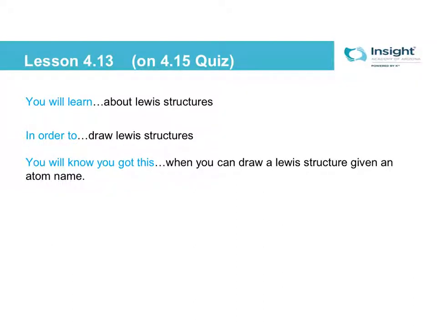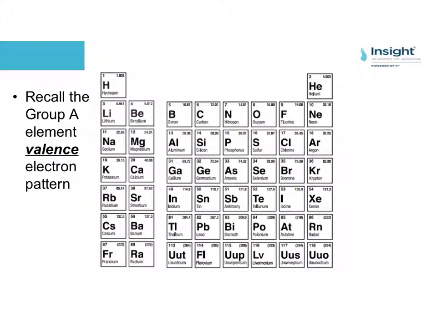All right, so in relation to covalent bonds, the course does take you through Lewis structures. These really are not bad at all. The purpose of a Lewis structure is to help you see how the sharing in covalent bonds might happen. But for the purposes of this class, all you have to do is be able to draw a Lewis structure of an individual atom. So, we've seen this before, and we've focused heavily on the ion pattern for the group A elements,